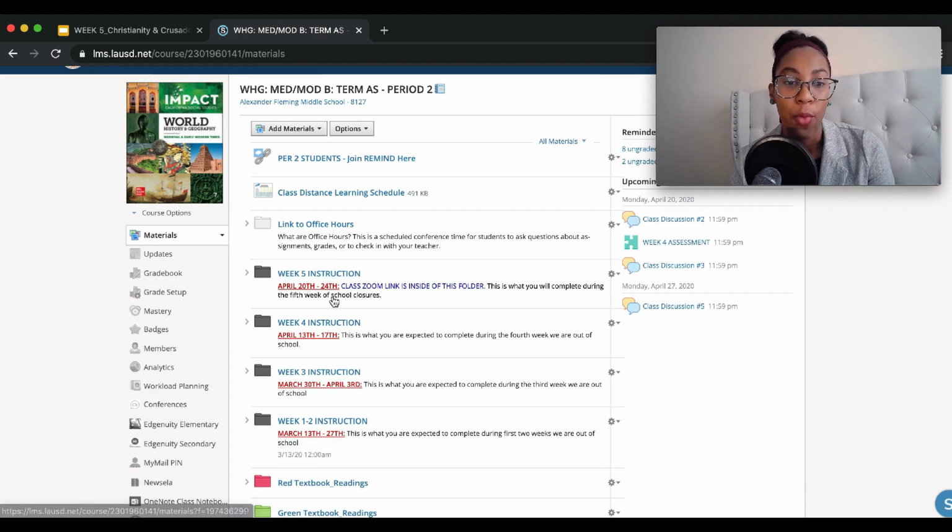And then by week, this is by week that we have been in school closures, guys. So week 1 and 2 work was assigned before you left campus. Then we have week 3, 4, and 5. And the dates are also here just in case you forget. What was week 5 again? Go ahead and keep track of your work in each of these folders, and if you're falling behind, just do your best to catch up right now. I know it's tough for some people working from home.